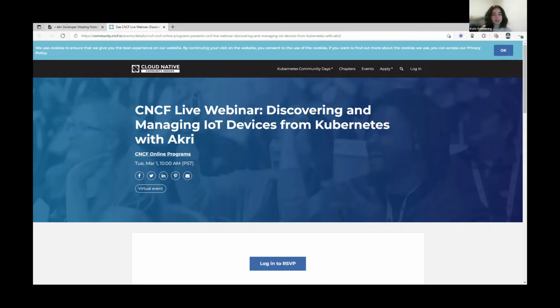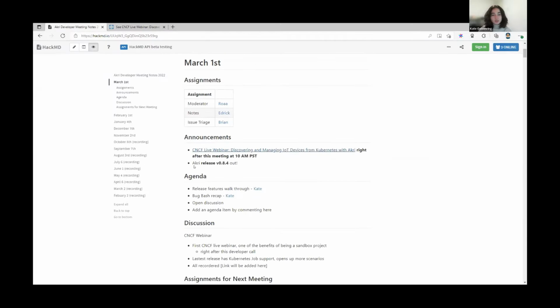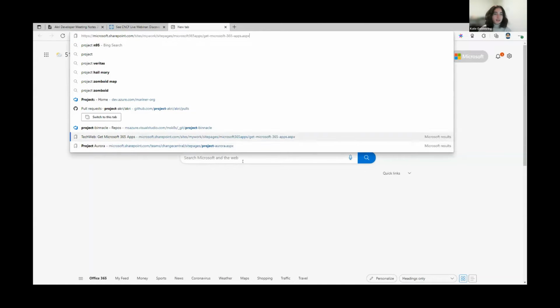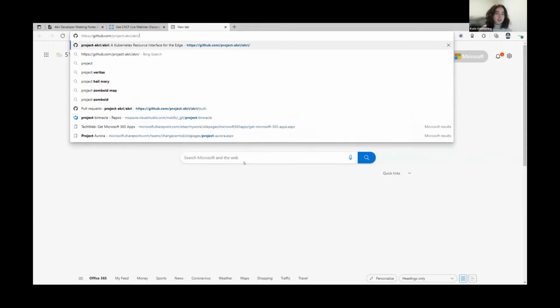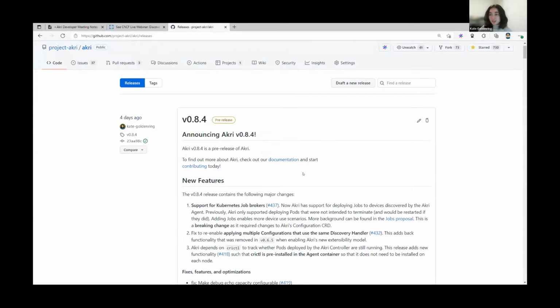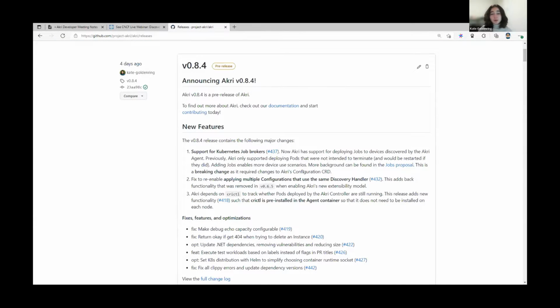And then on the second note there is our release. That pairs well with the previous announcement. Our version 0.8.4 is out. Yeah, it would be great to go to the release notes there. Thanks. What this features is three main buckets, I believe. The first one is what I mentioned, jobs. This was a breaking change.